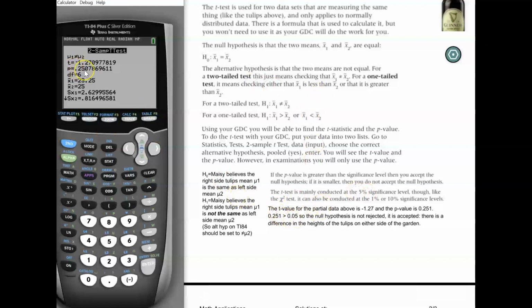We find out that 0.251 is bigger. Remember, p-value is the opposite of the chi-squared statistic. If it's greater, we accept the null hypothesis. So when 0.251 is greater than 0.05, we accept the null hypothesis, or we don't reject the null hypothesis, which means that